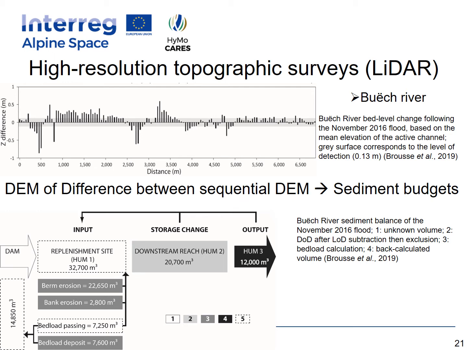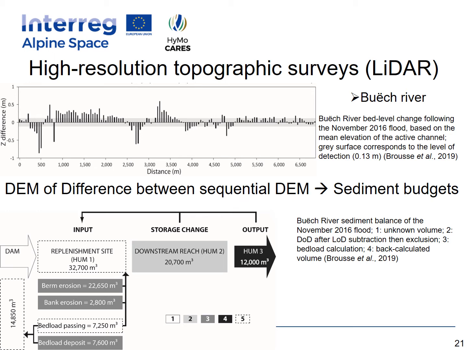22,650 cubic meters. The application of the sediment balance equation along the reach, where significant net deposition is observed, provides a way to reconstruct sediment transfers of the Bush downstream of the dam during the November 2016 flood. The only term of the equation that has been constrained is the storage change along the ridge, net deposition of 20,700 cubic meters. By considering bedload transport computation using the flood hydrograph at the downstream end of this ridge, 12,000 cubic meters, it is possible to evaluate bedload inputs at